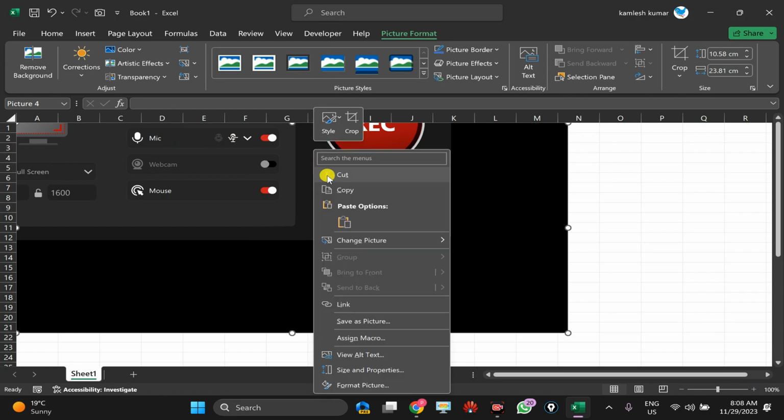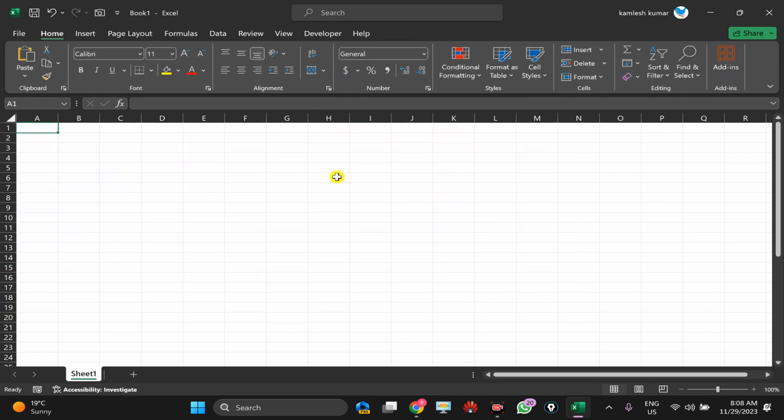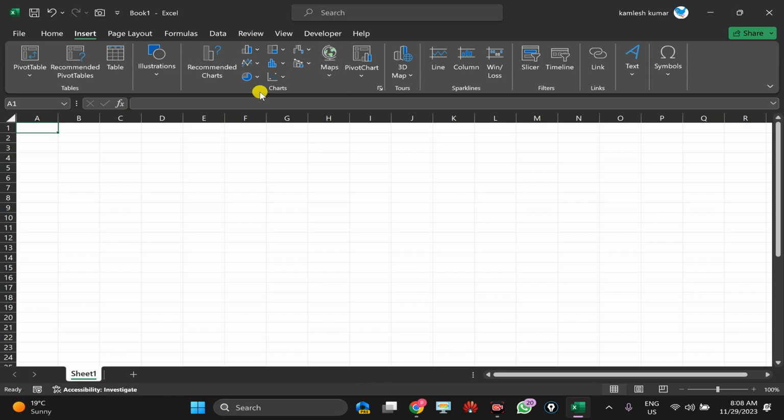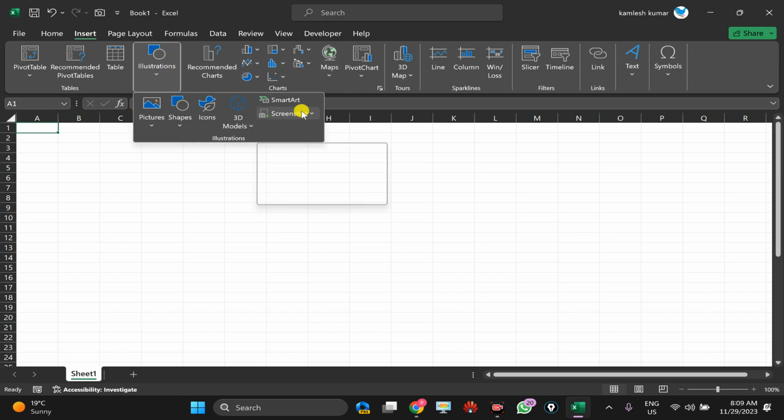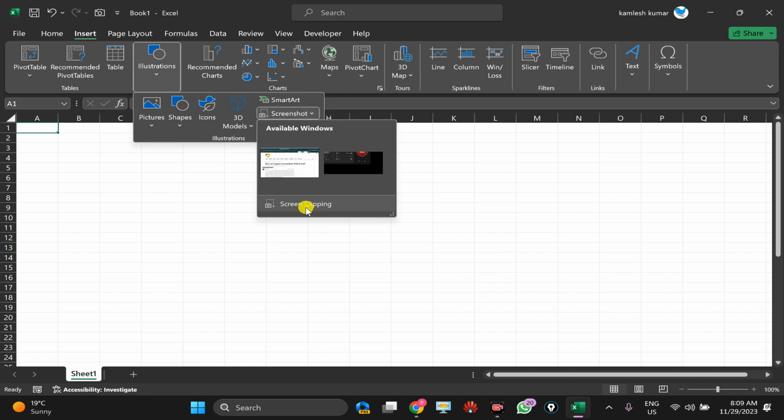In case you want to take a screenshot of a portion of a window, click on this one, the Insert tab, then click on the Illustrations button. Here select Screenshot. Here click on this one, Screen Clipping.